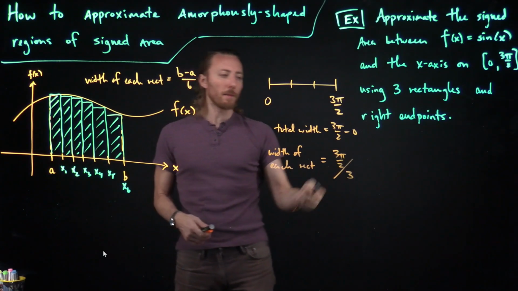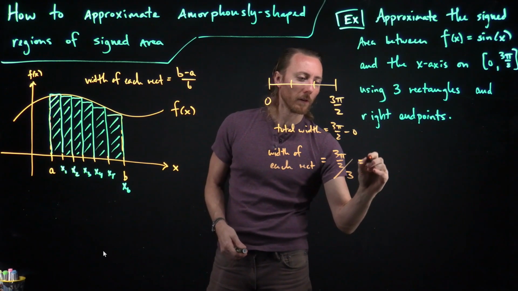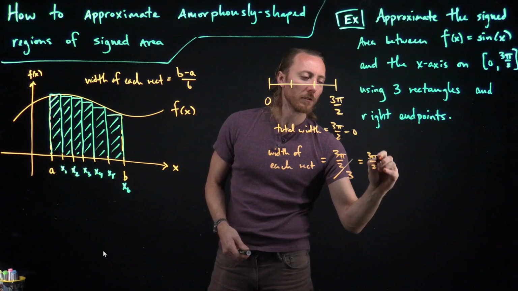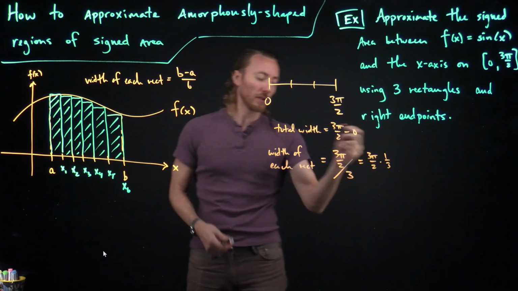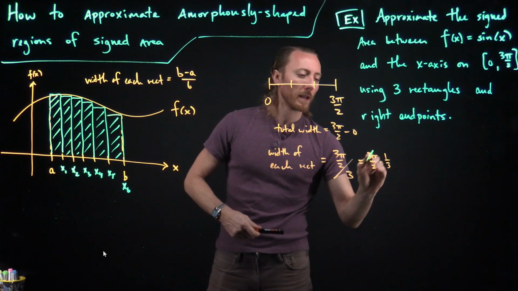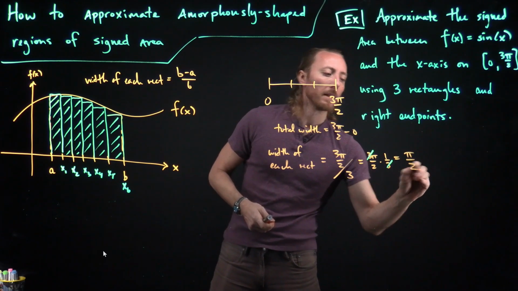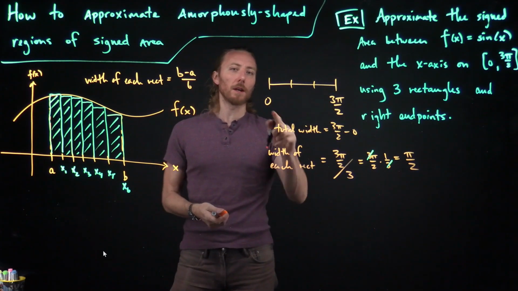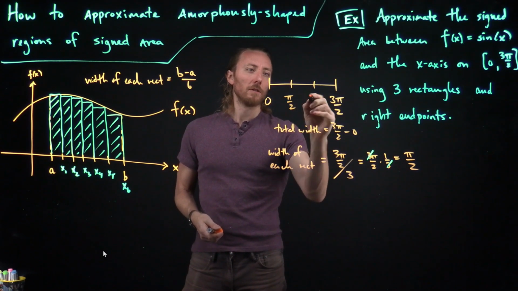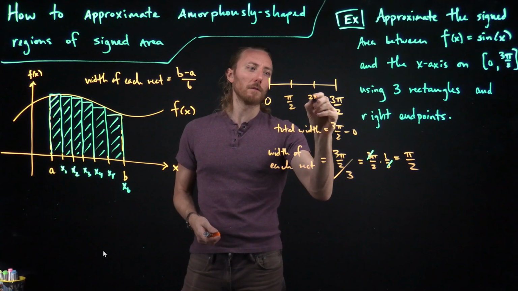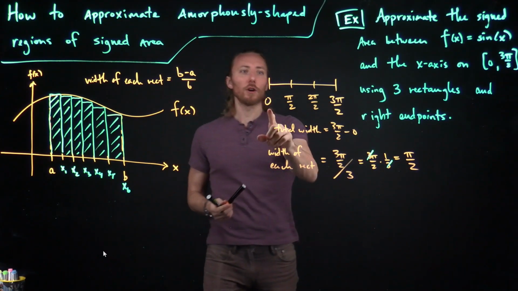And if you run the math on that, I suppose we've got a double-decker fraction here. You could keep, change, flip, or multiply by the reciprocal, and you'd get 3 pi over 2 times 1/3. Actually, the 3's would cancel here, and then we'd end up with just pi over 2 as the width of each rectangle. And if you think about that, that makes a lot of sense, right? Because to get from 0 to 3 pi over 2, if you go by pi over 2's, you'd get from 0 to pi over 2, then to 2 pi over 2. Technically, that would just be pi, and then to 3 pi over 2. But ultimately, here are our 3